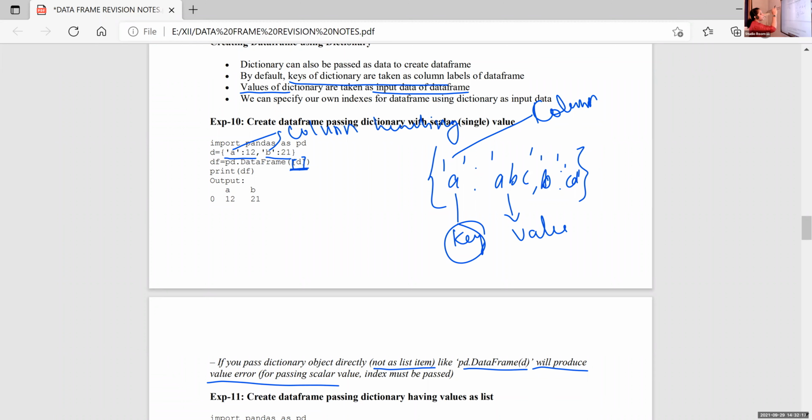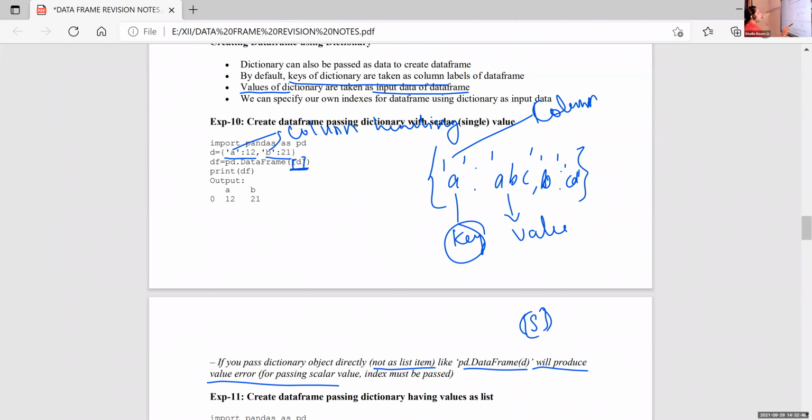But in the case of a series, it is not a ValueError. It will display like a column. If I'm creating a data frame using a series, where S is the series name, then it will display just like a normal series. If you want to display the contents just like a row, then give square brackets.